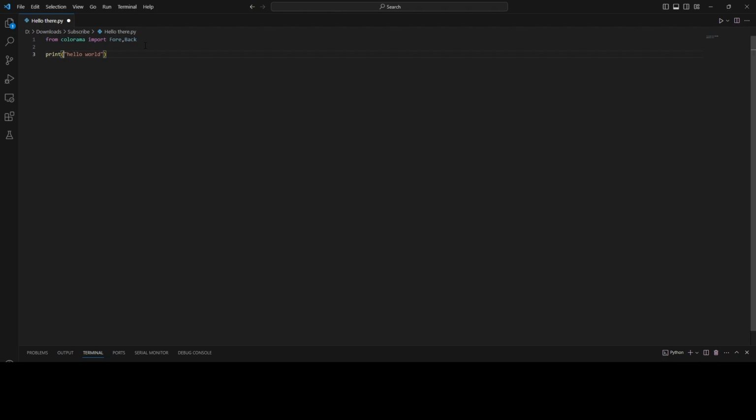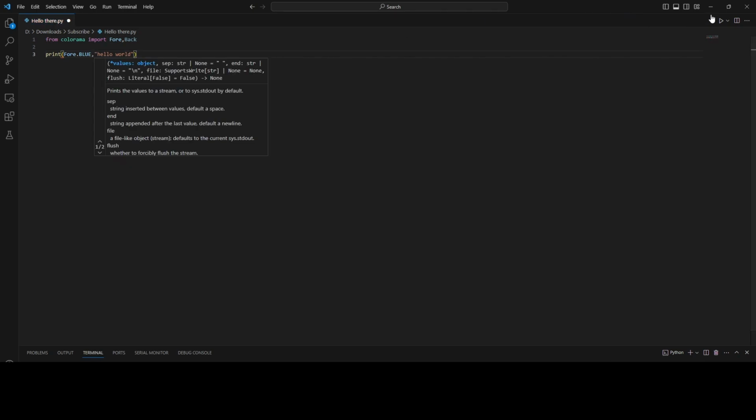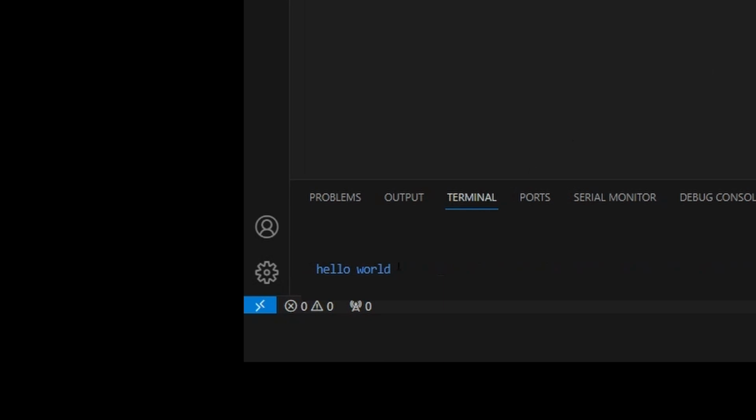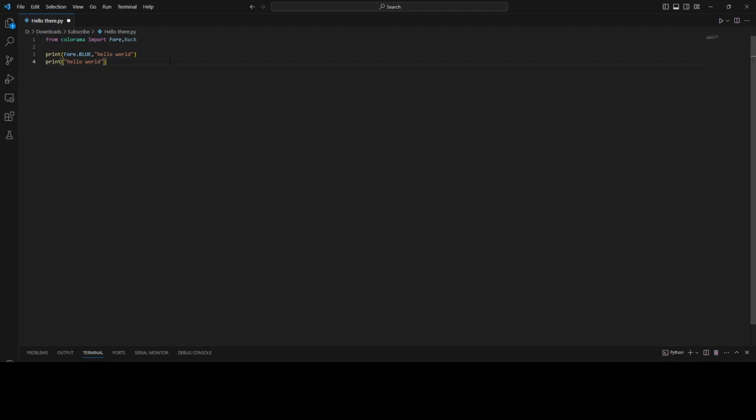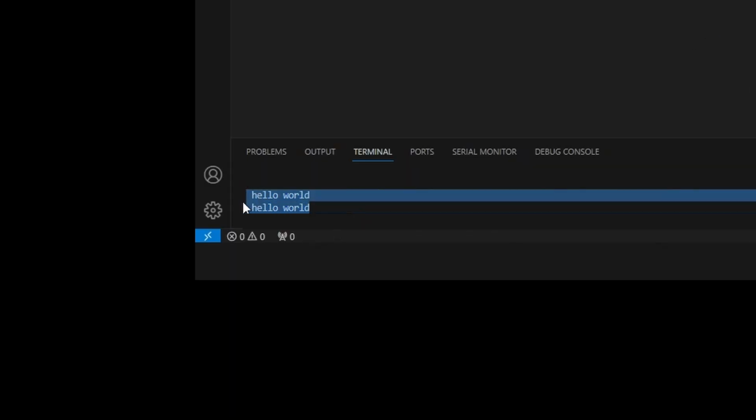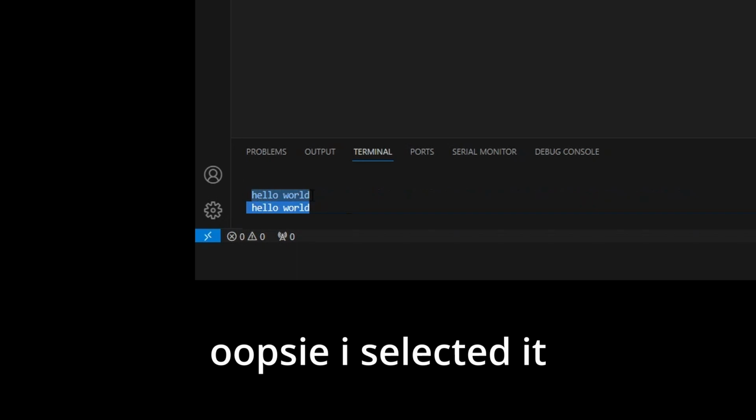and let's put that in blue. How you want to put the text in blue is you want to do Fore, as in foreground, and then dot BLUE, and then comma. If you run that down here, it'll say Hello World in blue. Now next, you can print Hello World and Back dot BLUE. If you run that, the background is blue and the foreground is blue on their respective Hello